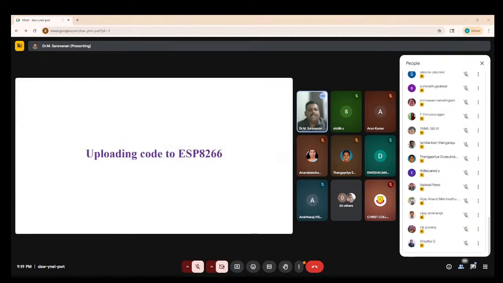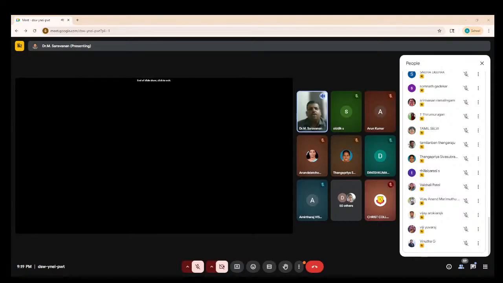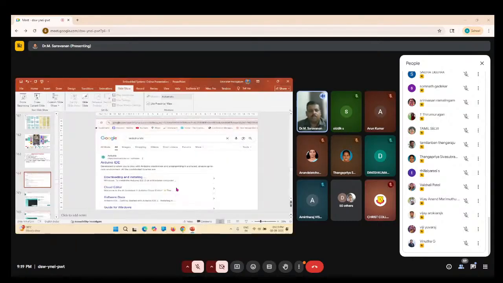Now, uploading. Once this is ready according to the previous steps I have already given, if you installed all the necessary things and followed step 1, step 2, step 3, you will get these files. Once you have done that, you can upload the code to the ESP. For this I am going to do it in real time. For that, what you have to do is